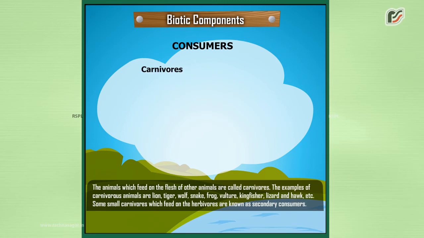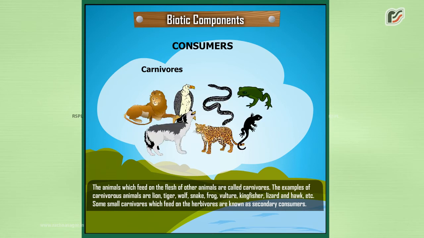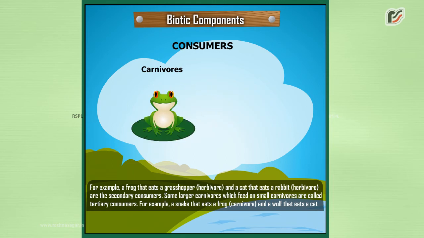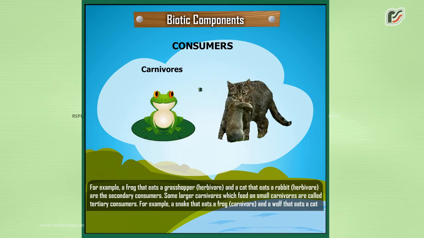Carnivores. The animals which feed on the flesh of other animals are called carnivores. The examples of carnivorous animals are lion, tiger, wolf, snake, frog, vulture, kingfisher, lizard, and hawk, etc. Some small carnivores which feed on the herbivores are known as secondary consumers. For example, a frog that eats a grasshopper (herbivore), and a cat that eats a rabbit (herbivore), are the secondary